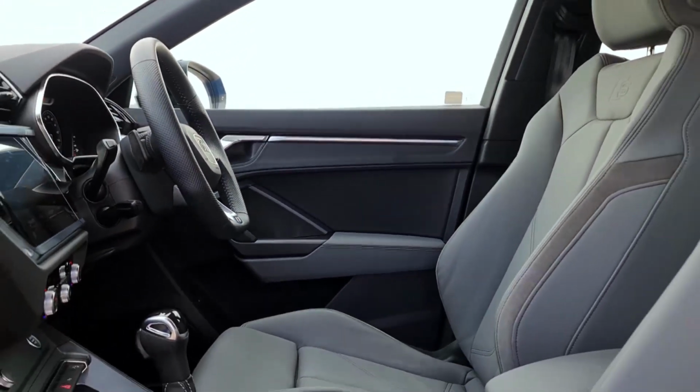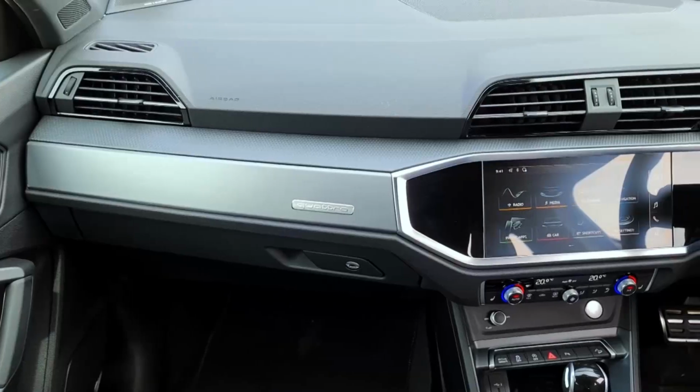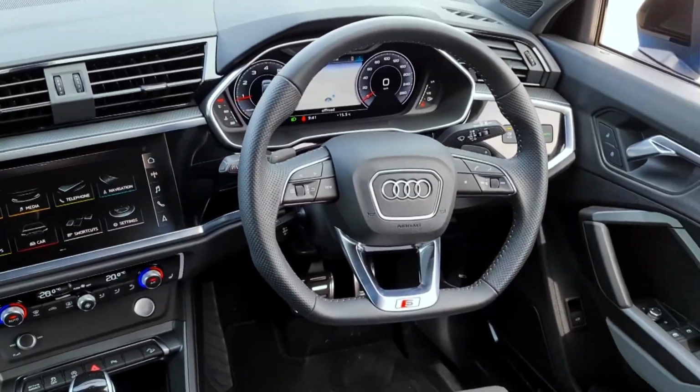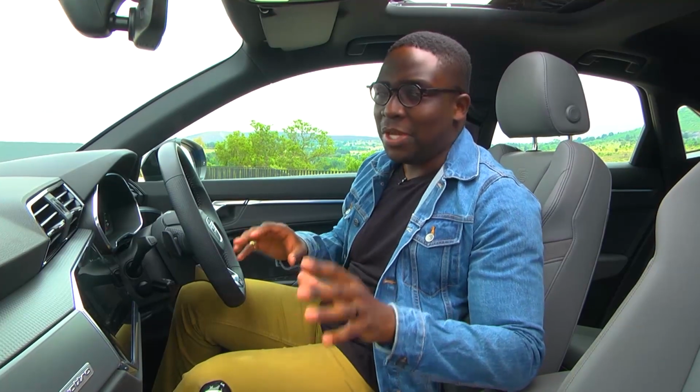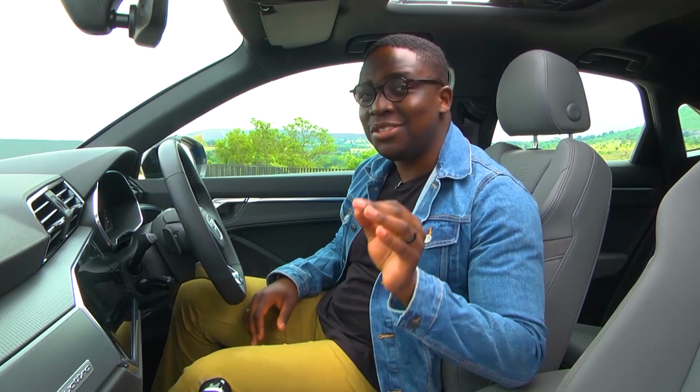Up front, you automatically recognize where you are. This is standard Q3, which is not a bad place to be in at all. As we can expect from Audi, it's a very high quality cabin. But the big talking point we want to speak about in this car is the fact that it's got 194,000